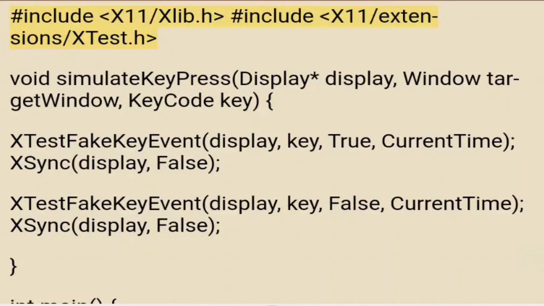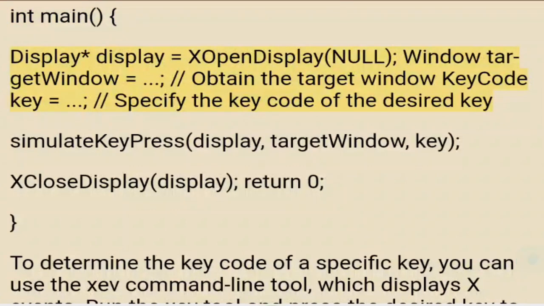#include <X11/Xlib.h> #include <X11/extensions/XTest.h> void simulate_key_press(Display *display, Window target_window, KeyCode key) { XTestFakeKeyEvent(display, key, True, CurrentTime); XSync(display, False); XTestFakeKeyEvent(display, key, False, CurrentTime); XSync(display, False); } int main() { Display *display = XOpenDisplay(NULL); Window target_window = // Obtain the target window KeyCode key = // Specify the key code of the desired key simulate_key_press(display, target_window, key); XCloseDisplay(display); return 0; }